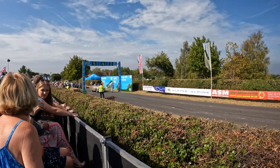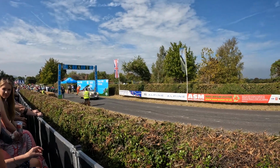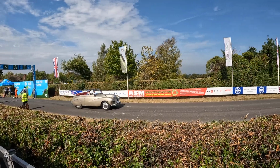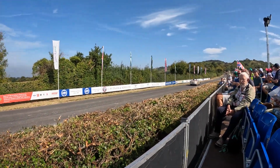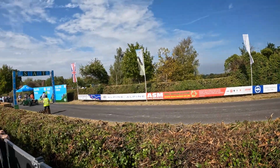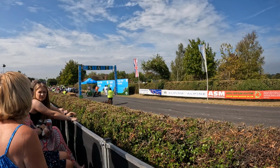Now this looks very special, what's coming up behind. This though, as we head towards the improving the Sunbeam Talbot. There goes the Sunbeam Talbot. Beautiful gold, white gold colour. An HRG here, and the HRG club is a very, very enthusiastic and very active club, I do know, and